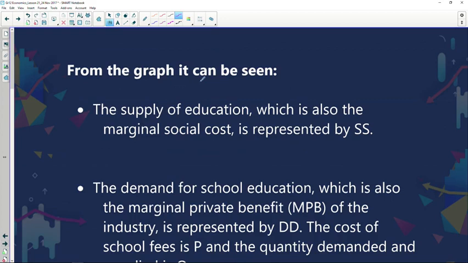So from the graph, it can be seen the supply of education, which is also the marginal social cost, is represented by SS. So we'll go to the graph just now. And the demand for school education, which is also a marginal private benefit of the industry, is represented by DD. So the cost of school fees is P, and the quantity demanded